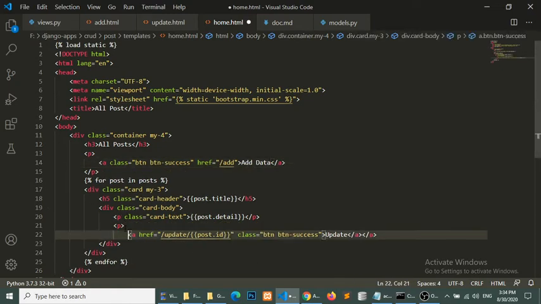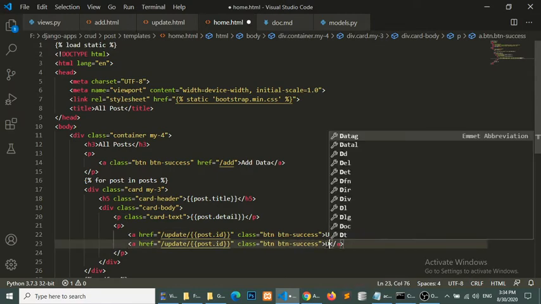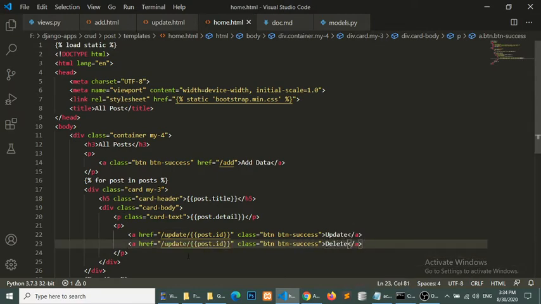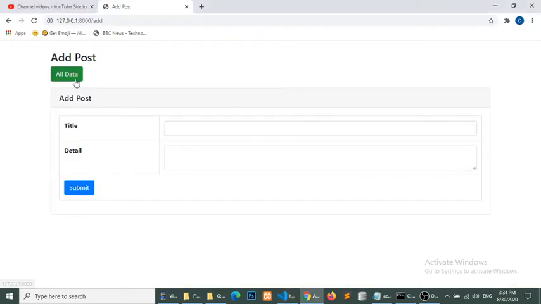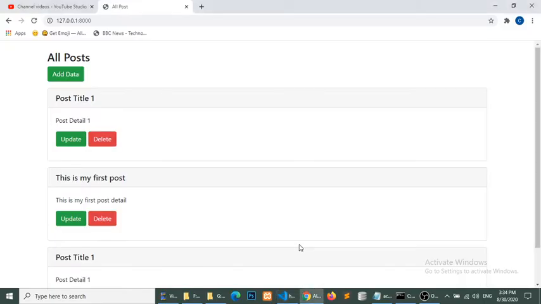Actually we need to put the delete button here. So delete method. We will create this URL soon. So all data, the delete button, I will make this delete button red. So I will make this danger.